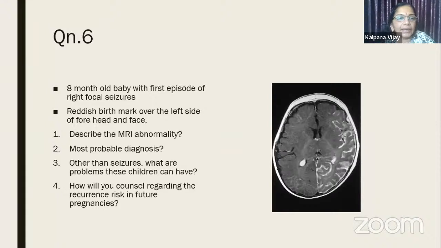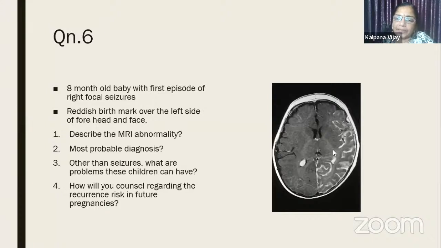And so this is an 8-month-old baby with first episode of right focal seizures. There is a reddish birthmark over the left side of the forehead and face. And describe the MRI abnormality. So is it a plain MRI or is it a contrast MRI? So it is a contrast MRI, which is showing